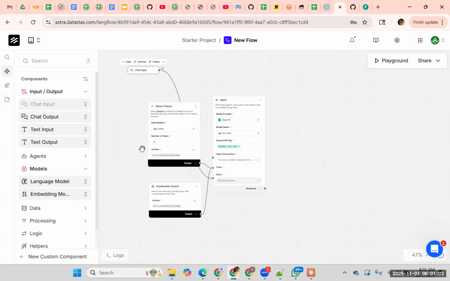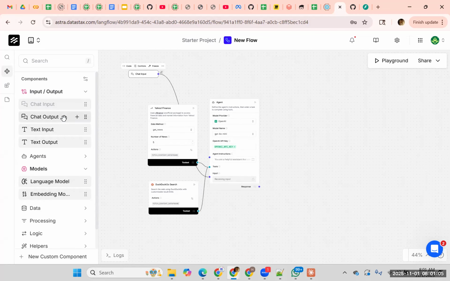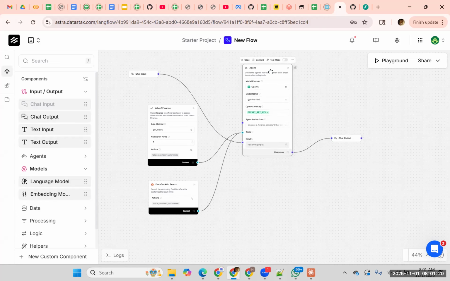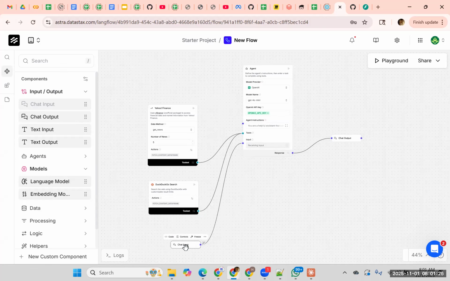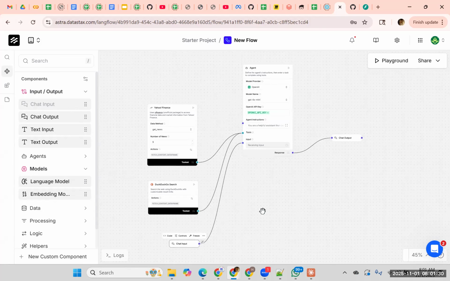So this is the input, and then let's go chat output and connect the response to the chat output. Okay,